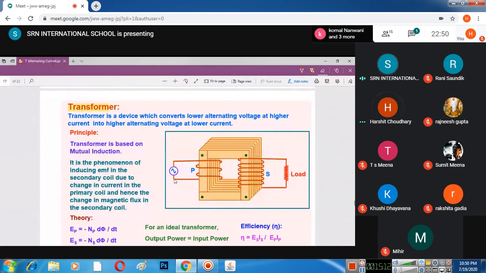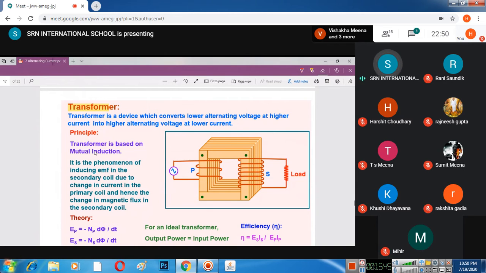See, a stabilizer is a voltage regulator. It gives a fixed output. It does not transform the potential from high to low or low to high. We use a transformer in them for a specific application, but you cannot say a stabilizer is a transformer. It is not a transformer.